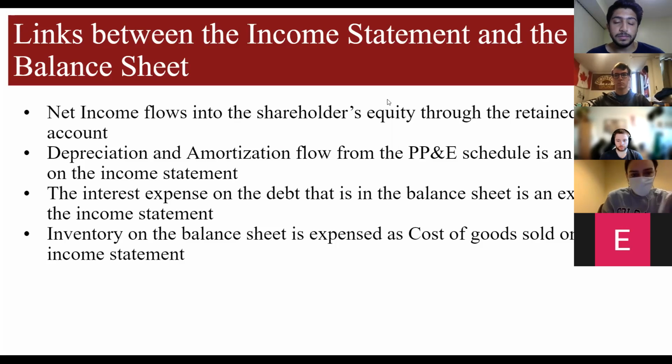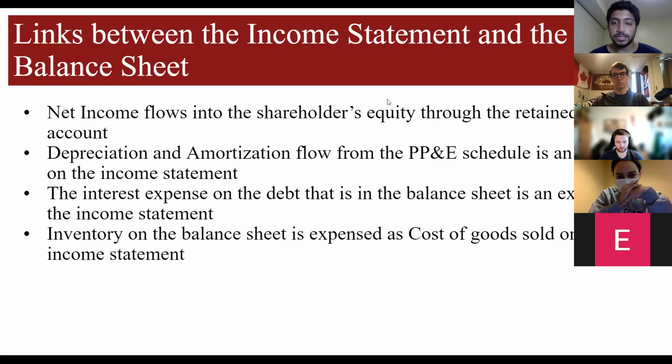So the net income, as explained, which is the bottom line on the income statement, flows into the shareholders' equity account on the balance sheet through the retained earnings account. As explained last week, shareholders' equity is made up of retained earnings and also common stock. So the retained earnings is basically just a cumulative sum of the net income from the past years. So the retained earnings this year would be last year's retained earnings plus the net income from this year,